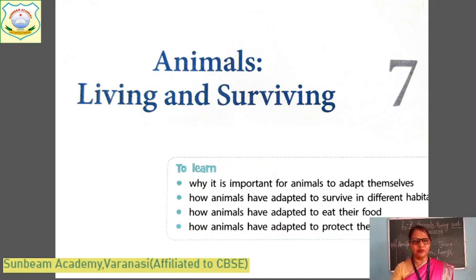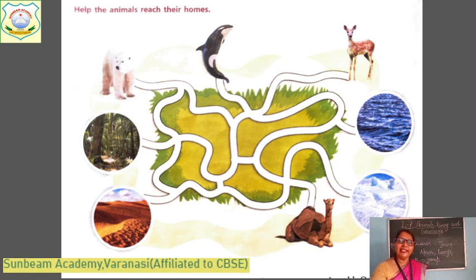Okay. Let's move to another one. Here are some animals and their different habitats also. You have to find out which animals live in what type of habitat, which is suited. The habitat is suited to the particular animal. Let's first start with the deer. On earth there are grasslands. This deer is suited to live on land. It is a terrestrial animal. It will live on land.